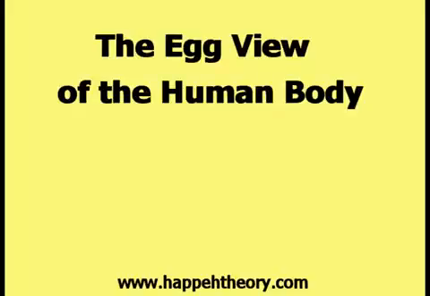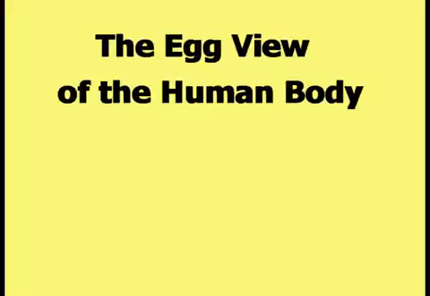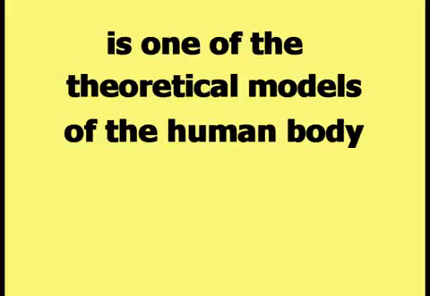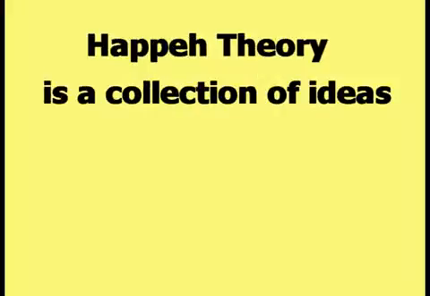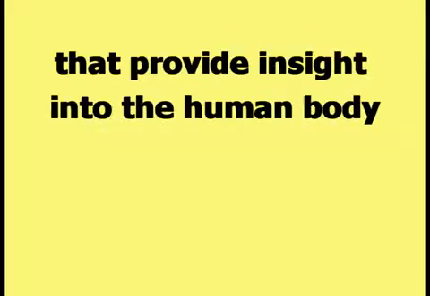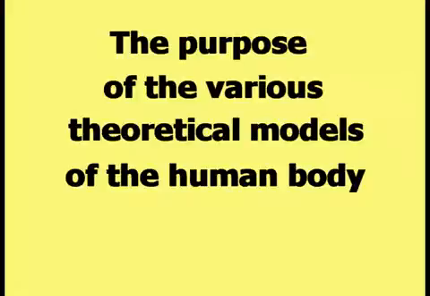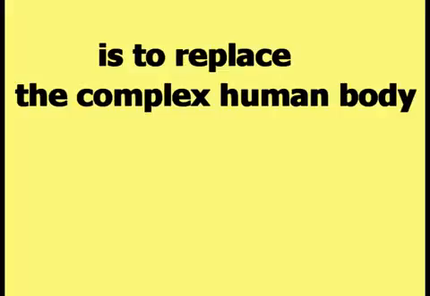This video is about the egg view of the human body. The egg view of the human body is one of the theoretical models of the human body created for happy theory. Happy theory is a collection of ideas that provide insight into the human body and the culture of human beings. The purpose of the various theoretical models of the human body is to replace the complex human body with